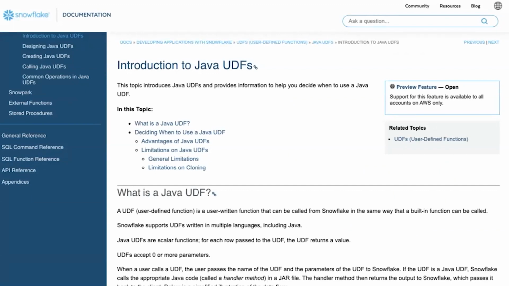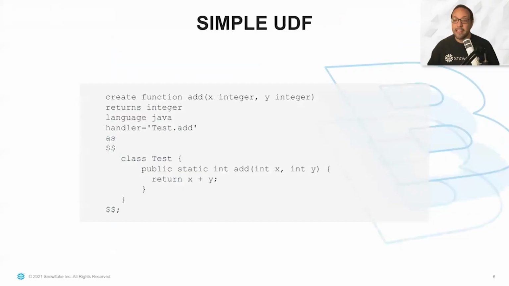Instead of just going step by step on the documentation here, I'm going to show you some of the highlights, and I'm going to demo how you can make these things work. Let's start with the simple example. I will show you this example live in a second. But before we get there, I want to prepare you and to show you our SQL syntax to create a